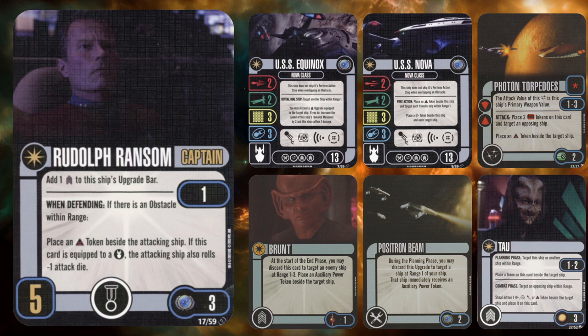If you pair that with Rudolph Ransom in any of the Nova classes, then you can be handing out 2 Auxes. Brunt is another one. You give out another Aux. Positron Beam, that's another Aux. Or you can use Tau. Tau, you can steal an Aux from the attacking ship or from another ship, and then in the planning phase, hand that Aux power token out to an enemy ship within range. So lots of combinations here with Rudolph Ransom. I think this is probably